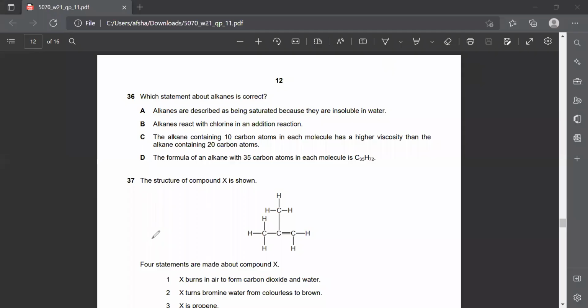Now 36 till 40, we have questions related to organic chemistry. The first question, 36, is which statement about alkane is correct? Alkanes are basically the hydrocarbons with the general formula CnH2n+2. And the alkene is another hydrocarbon जिनका general formula होता है CnH2n. और यहाँ पर कार्बन एंड हाइड्रोजन रेशियो जो होता है वो 1:2 होता है, ठीक है। And alkanes जो होते हैं, they have only carbon-carbon single bond, and alkenes, they have carbon-carbon double bond, so they are considered